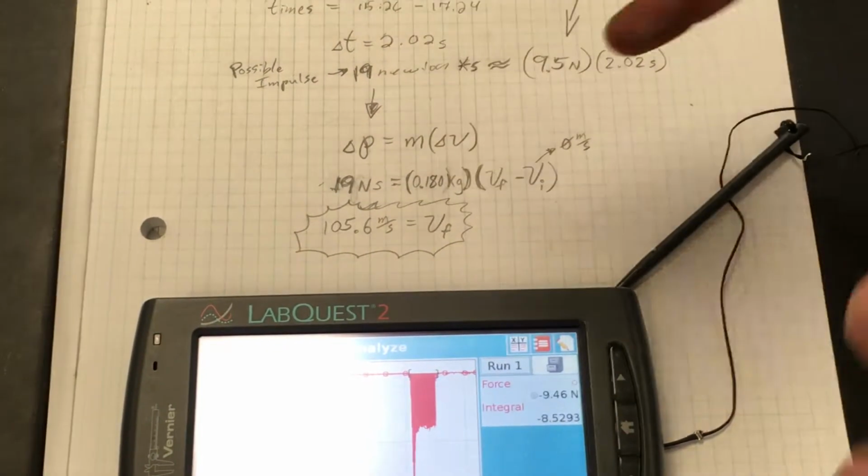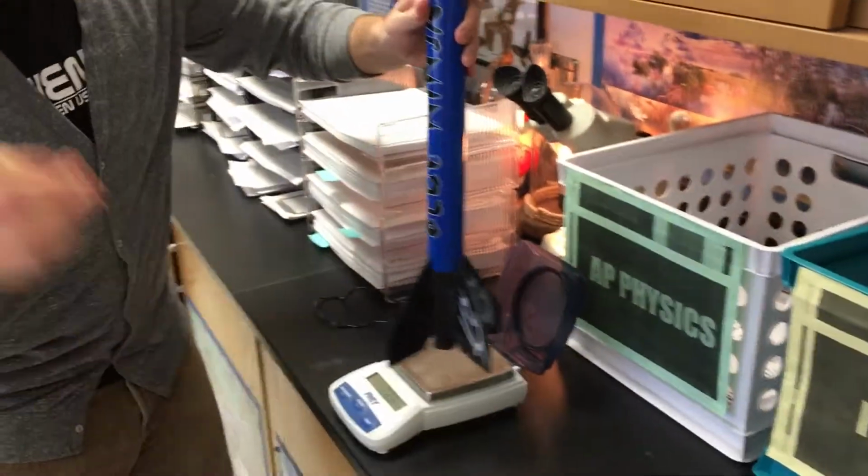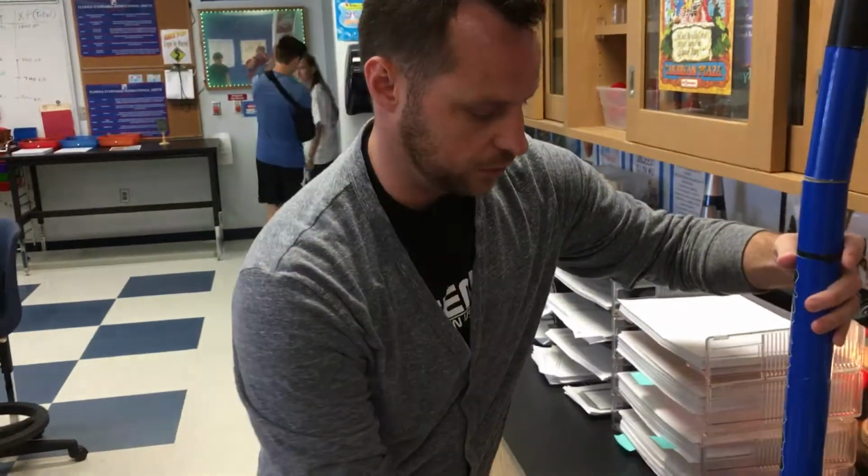And so let's take a look at how we got the mass of the rocket over here. So here is the rocket that we're hoping to launch with this bad boy, and we're putting in another rocket engine here that we used. So we're getting the mass of both those together, and it comes out to about 180 grams. Now that we have to convert into kilograms to get them in SI units, which is going to be 0.18 kilograms. So if we bring that back over here to our math,